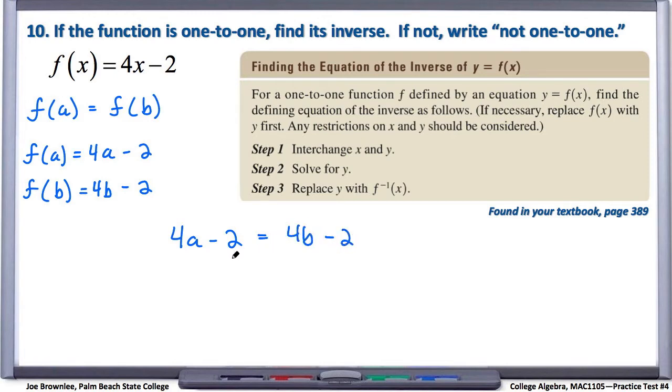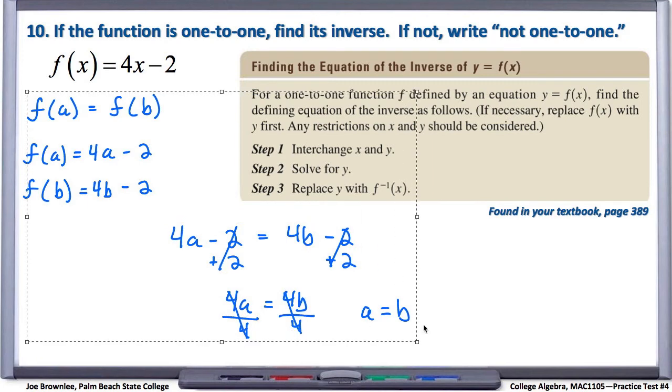And let's now see if we can clean this up a little and get a equals b. First thing we can do is add 2 to both sides. When we do that, the 2's cancel, and we're left with 4a equals 4b. If we divide by 4 on both sides, the 4's cancel, and we are left with a equals b. So by virtue of the fact that we were able to get a equals b once we set f of a equal to f of b, this tells us that yes, f of x equals 4x minus 2 is 1-to-1, which means an inverse exists,